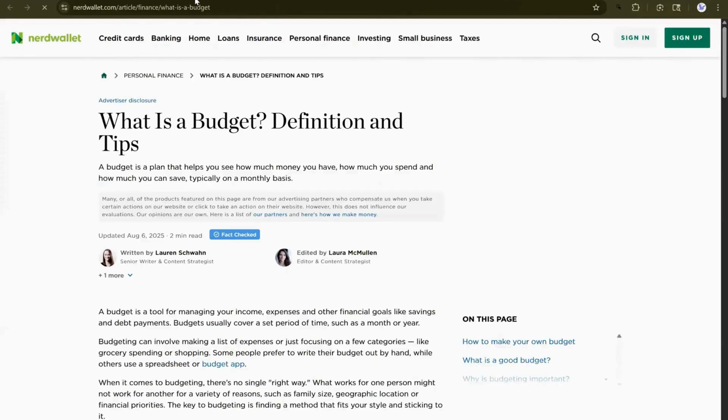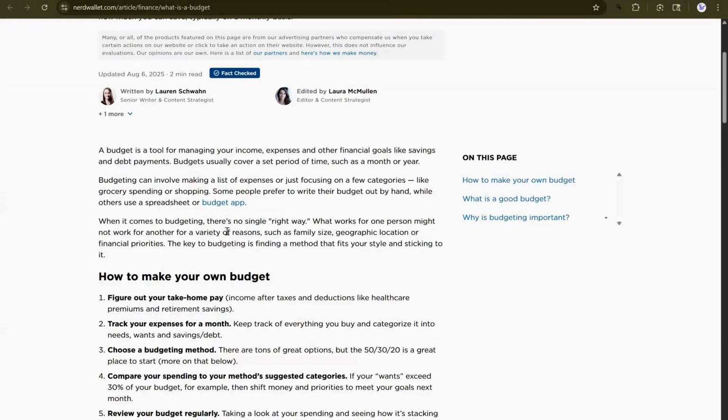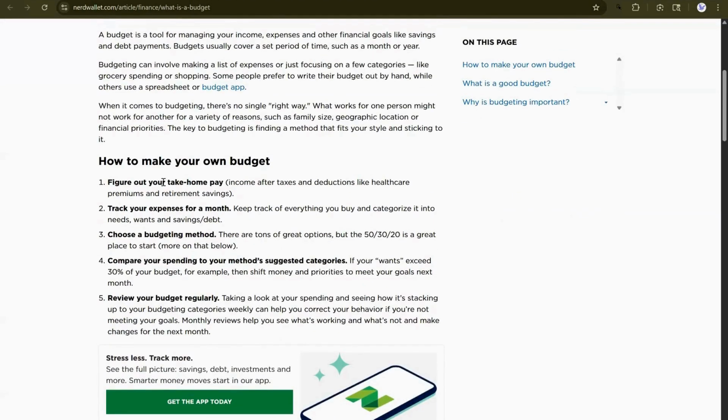Okay, so I'm gonna kind of blur through this a little bit. A budget is a tool for managing your income, expenses, and other financial goals. I want to say this again. Your budget is you. And I remember when my father actually said, "What do you do with your budget?" I'm like, whatever, because I'm thinking if I get a budget, what's going to happen? It's going to lock me down. It's going to keep me from living my life, buying my weed, hanging out with my girls, not buying my gas when I want to, because it's my life. I do what I want.